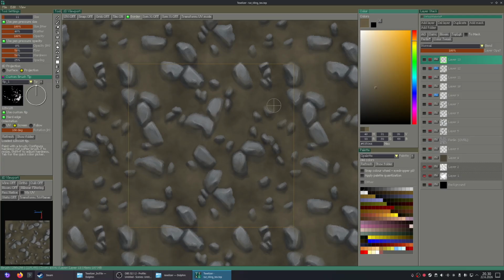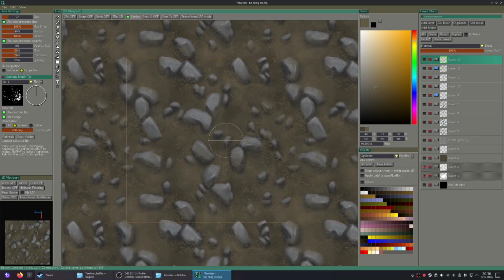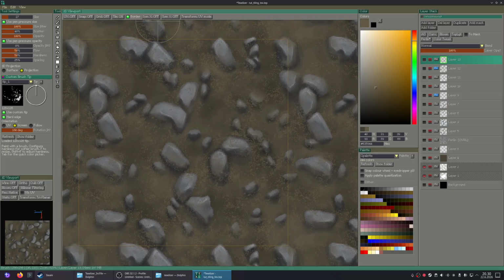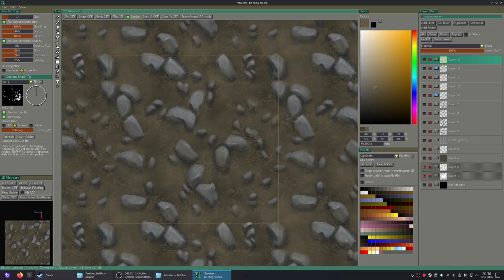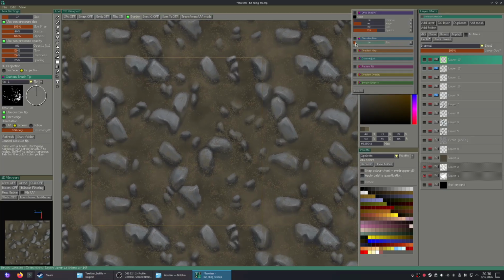So let's maybe do that. Now because of the scatter, it does it all over the place. And it continues to tile perfectly, because I had the tiling on. This is actually something that I could have done as well.